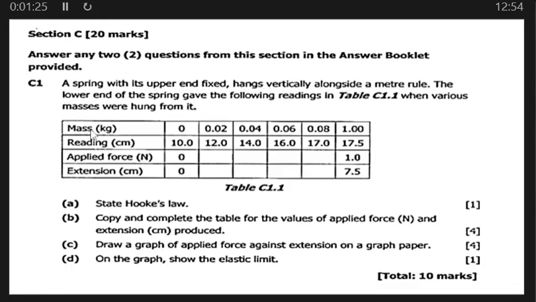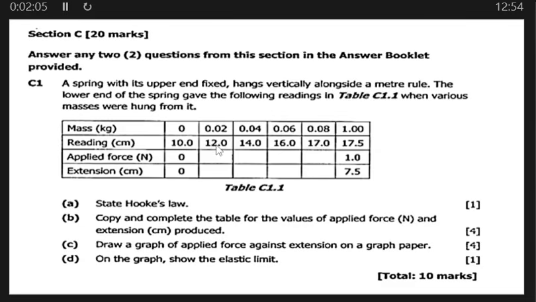So we have masses in this row and readings in this row. Then we have applied force in this row. Then we have extension in this row. So we are told when there's no mass hung to the spring, the reading on the spring on the meter rule is 10.0. Then when a mass of 0.02 kilogram is hung to the spring, the reading now goes